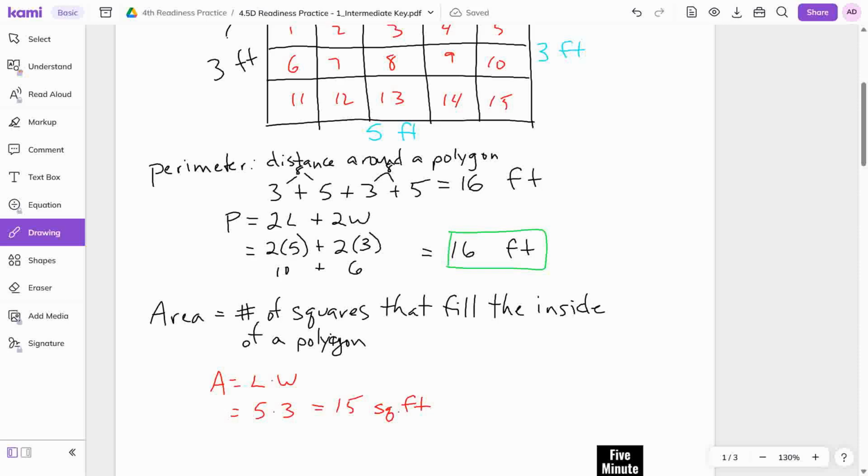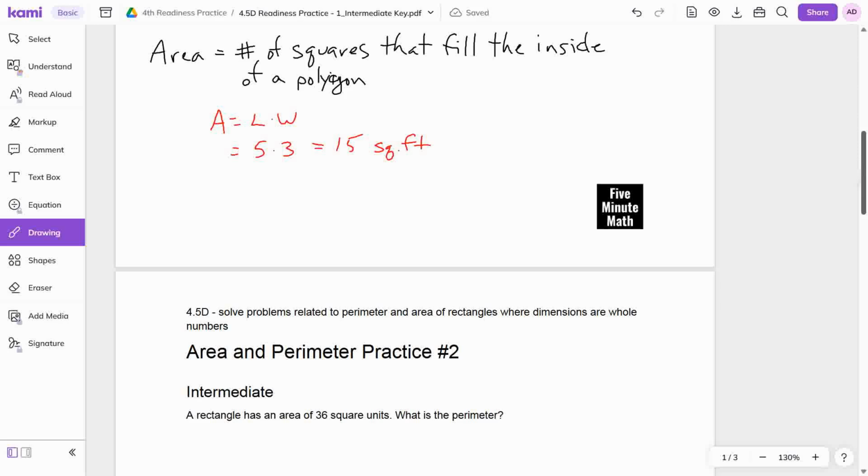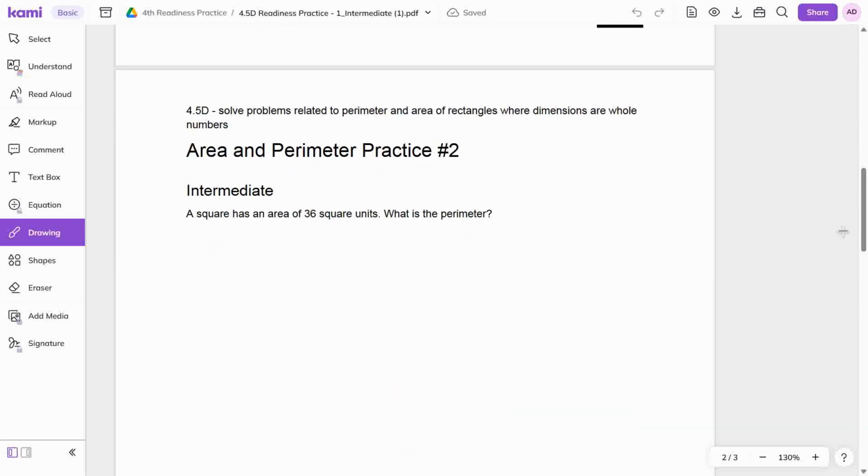The perimeter is just feet as a linear distance. So for number 2, we have a square. And a square has an area of 36 square units. What is the perimeter? Well, if we have a square, that means we've got a parallelogram that's got 4 sides,